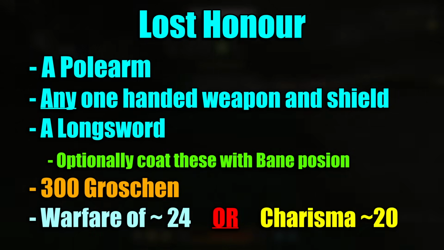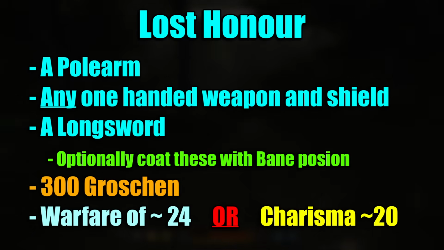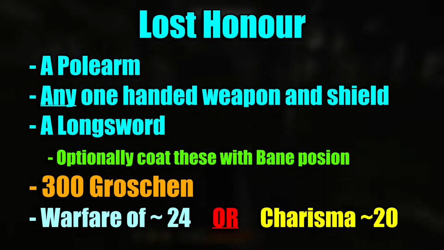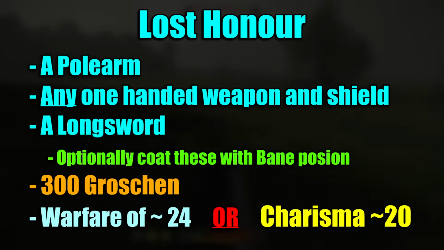You'll need a polearm, a one-handed weapon with a shield, and a longsword in your inventory, as all these are required for the tournament and will not be provided for you. Optionally, you can coat all these weapons with a Henry tier Bane poison before starting to make winning the fight extremely easy. You also need around 300 Groschen to wager with before starting the tourney, and a warfare skill of at least around 24, or some decent clothing that has your charisma around level 20 in order to pass Zavish's